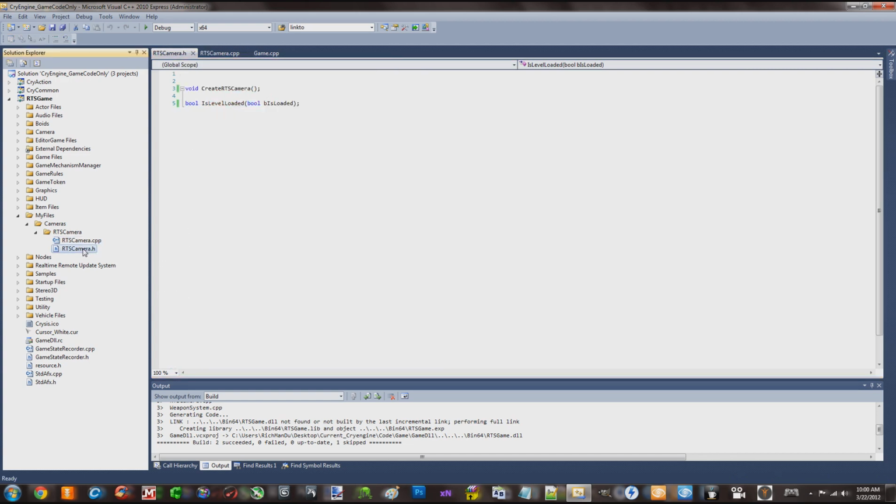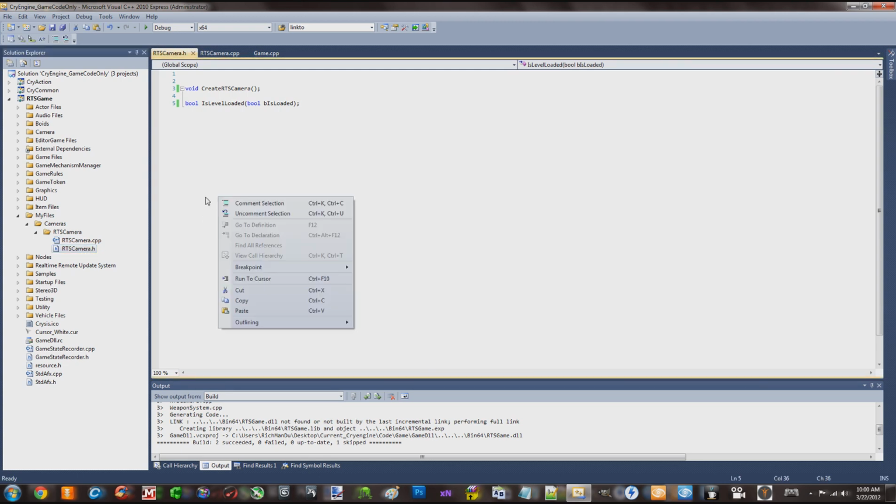Okay? So let's open up our .h file, which is where we declare the functions that we're going to be using. On the top line, this is the beginning of the file. All that's in it is void CreateRTSCamera, and a semicolon. Bool IsLevelLoaded, and then some parameters, and then a semicolon. This is the declaration. This doesn't do anything. All it's doing is telling